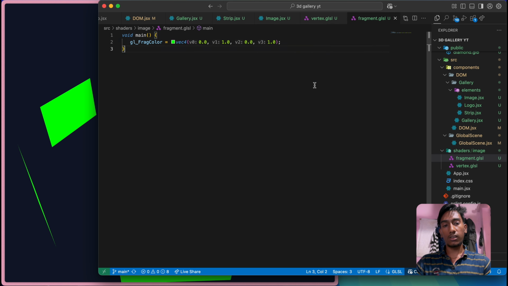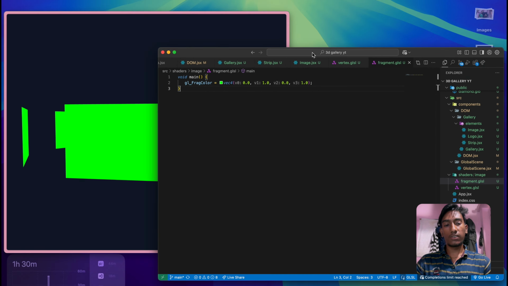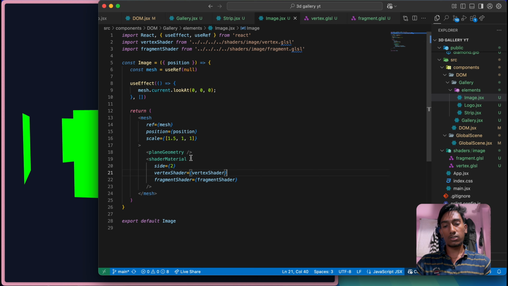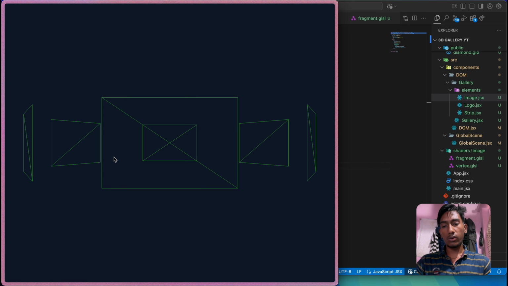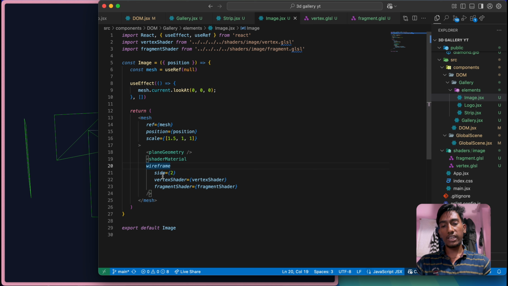Now what I'm going to do is, to bend this we need to see if they have enough subdivisions. So if I just pass wireframe here, you can see they don't have enough subdivisions, they have only 2 triangles. So we need more triangles, so put here args, one in x direction and one in y direction, and we need subdivision along x axis. Let's just pass 32, and along y we can pass 1.